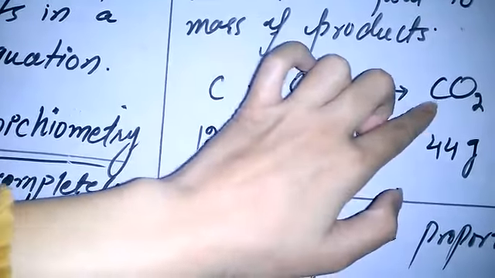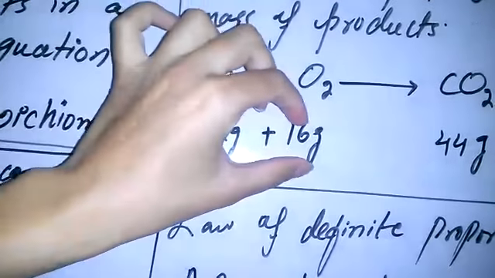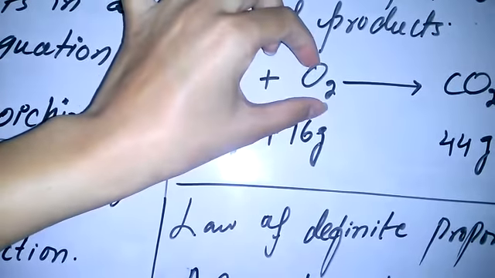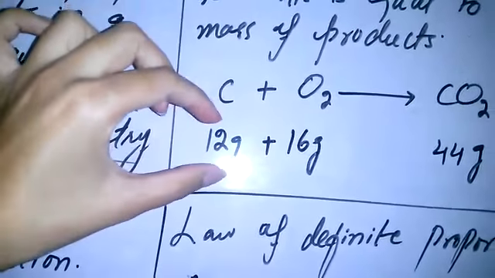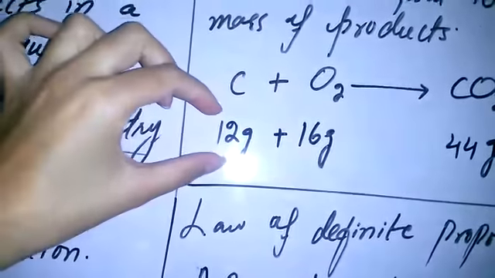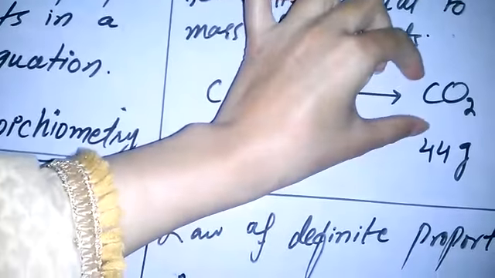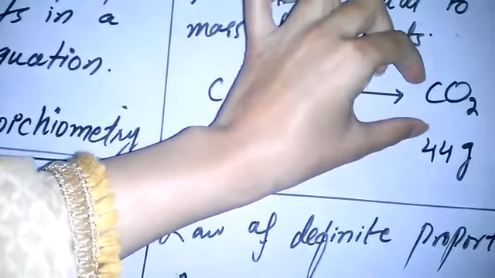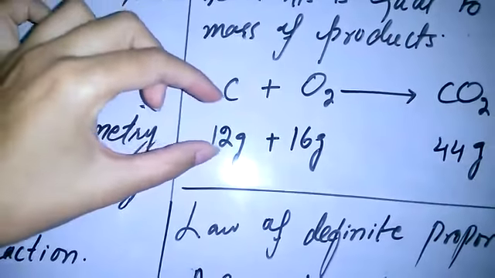1 mole of carbon dioxide. Now 1 mole of carbon contains 12 gram of carbon. When we take 32 gram of oxygen, it means we are taking 1 mole of oxygen. When these 12 gram of carbon and 32 gram of oxygen react, the total mass is 44, and they should produce 44 gram of product, that is 44 gram of carbon dioxide. Okay, it means that all the reactants are completely converted into products.